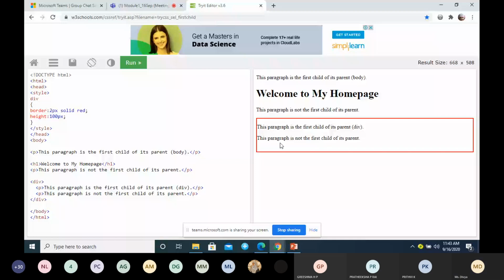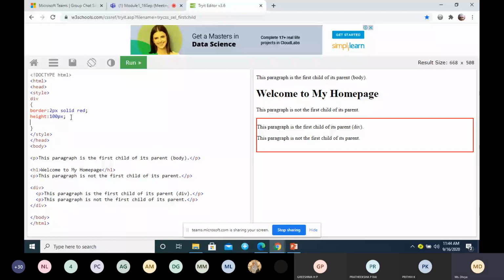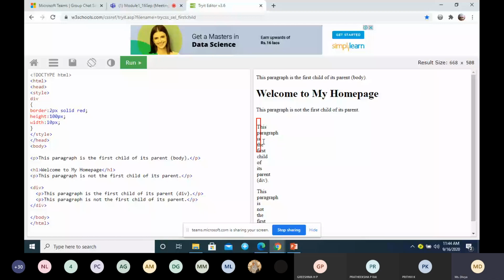Similarly you can give width. I'll give 10 pixel width. You can see what will happen to the content. Now I'll make it 500 pixel.